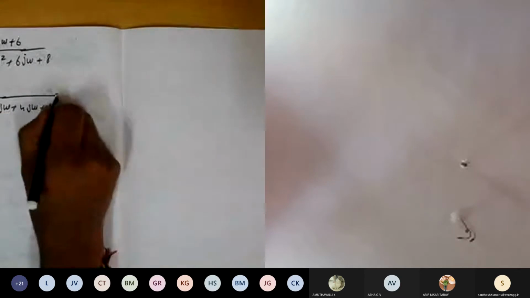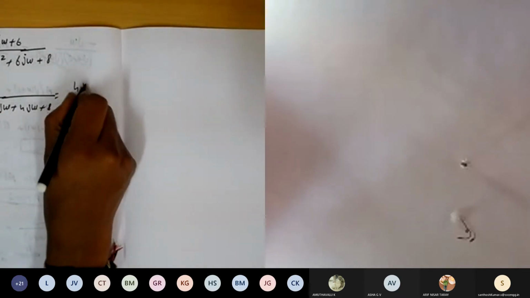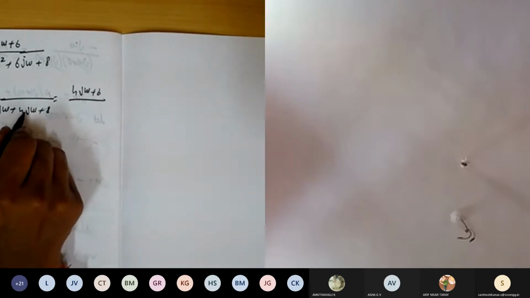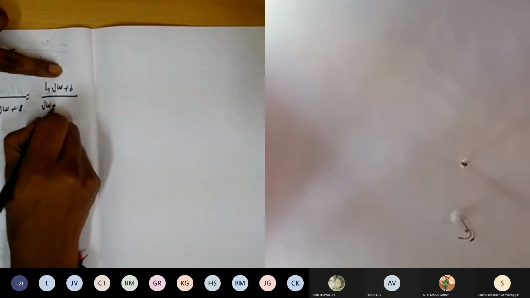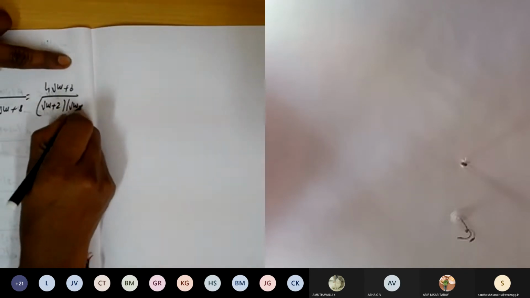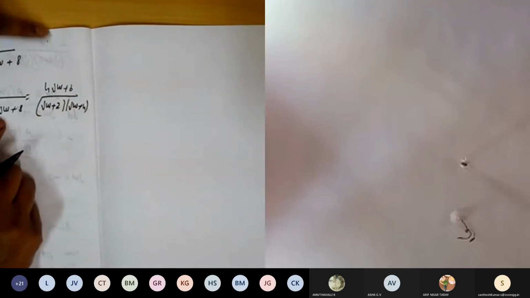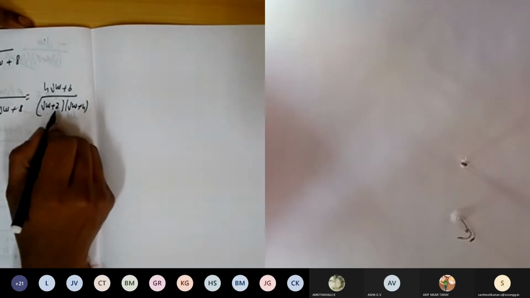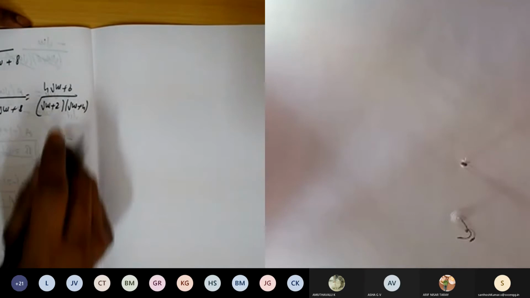Now take j omega common. So if I take j omega common, it is j omega plus 2 here. And if I take 4 common, it is j omega plus 2. So this answer will be j omega plus 2 into j omega plus 4 here. Correct? If I take 4 common here, j omega plus 2 will get here, so j omega plus 4 and j omega plus 2. Done?